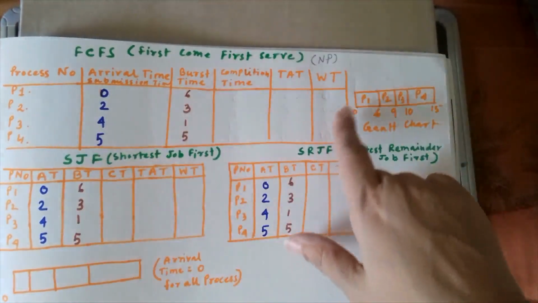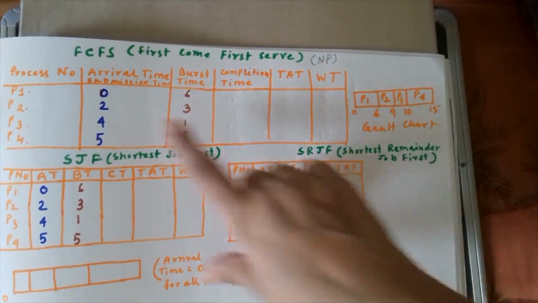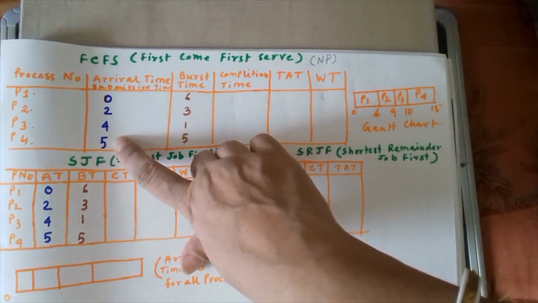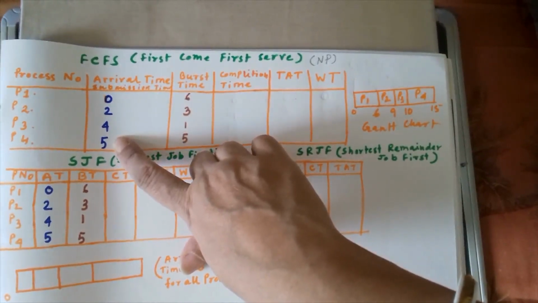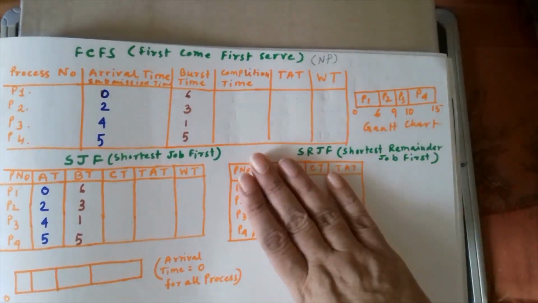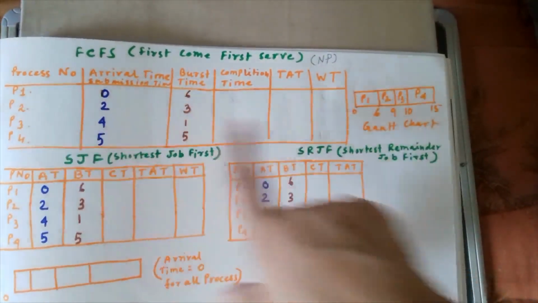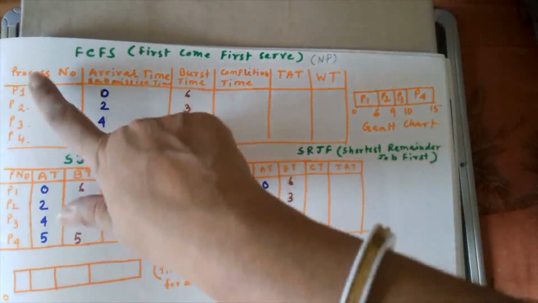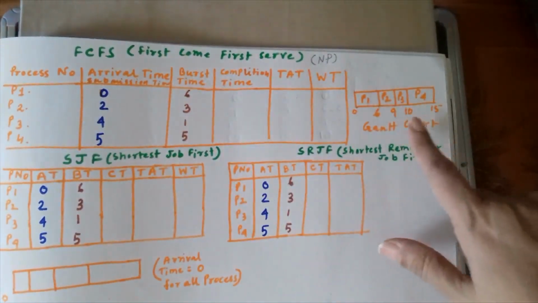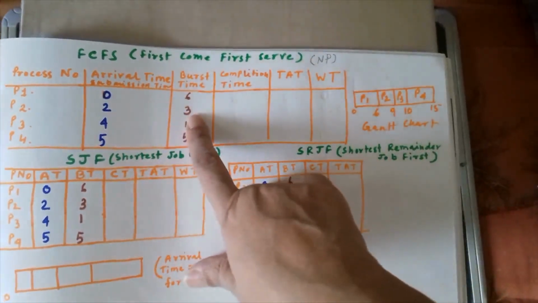Same, you take the watch. If we started at 9 o'clock, at 9:06 P1 has completed, at 9:02 P2 has entered, at 9:04 P3 has entered, and at 9:05 P4 has entered. So obviously 9:05 is less than 9:06, so P1 will be executing. As it is FCFS, all the processes will be taken to the CPU according to their arrival order. So obviously next P2 will be taken, then P3, then P4. P2 will take 2 units of CPU time, P3 will take 3 units.